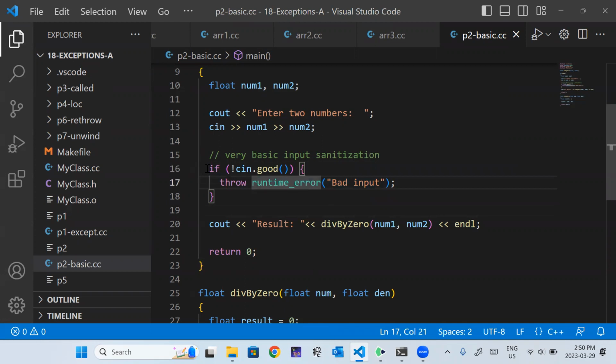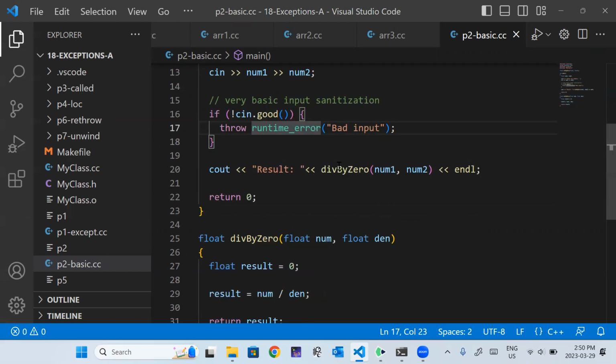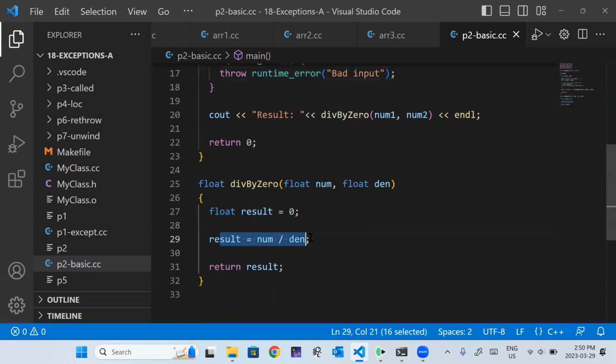But so this is just a simple error check, basic input sanitation. I just threw that runtime error there. I could have handled it differently, but I threw a runtime error to demonstrate that it's going to crash at that point. But let's try and now, so this is a dangerous piece of code here, right? If I divide by 0, then that's an infinite loop, or, well, you'll probably get a runtime error thrown.